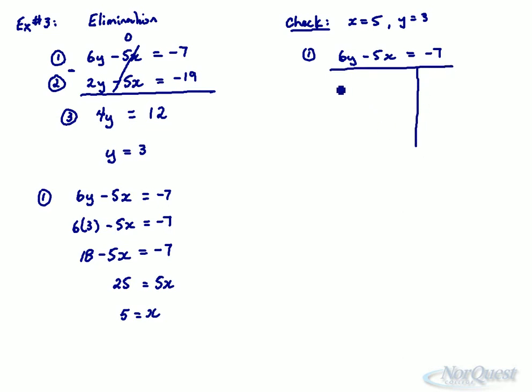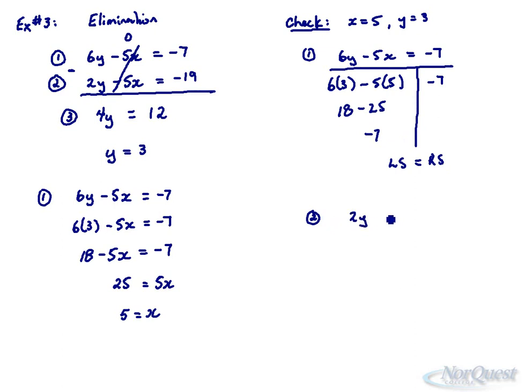Quick substitution, 6 times 3 minus 5 times 5, 18 minus 25, negative 7 equals negative 7. Perfect. Go to equation 2,